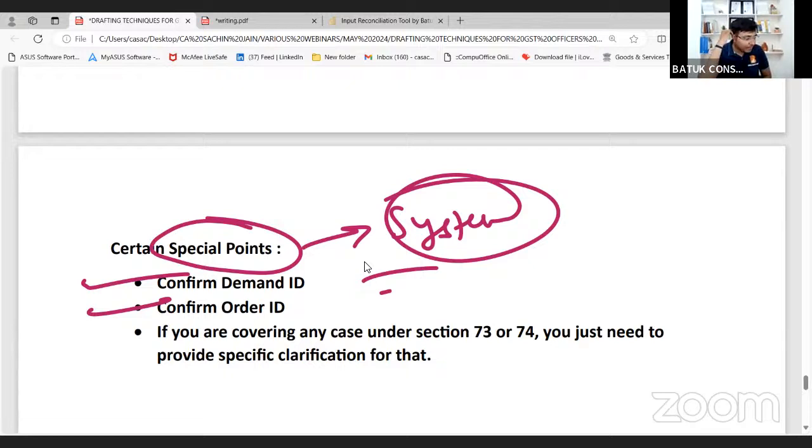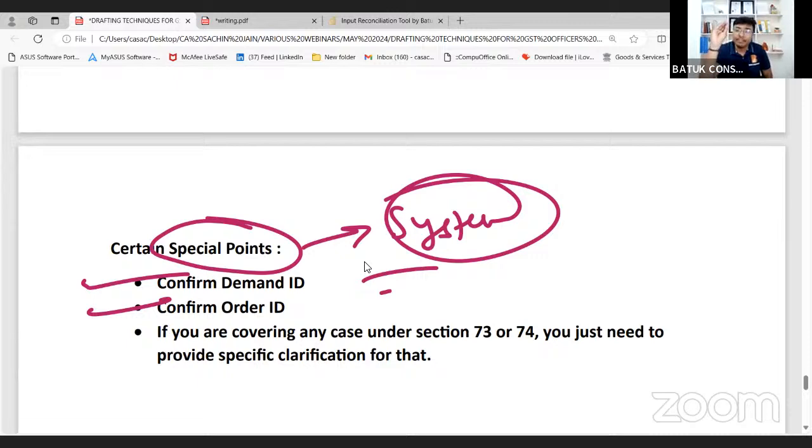Because होता क्या है, कई बार departmental authorities directly going to issue the order under section number 74. In that case taxpayer will file the appeal and वो वहां पर पूछता है कि why departmental authority has considered this case under section number 74. फिर आपके पास में appellate authority से notice आता है कि why you have considered this case under section number 74. और अगर वहां पर कुछ issues होते हैं, in that case there may be certain typical situation for us, so to save ourselves, this is an important point,